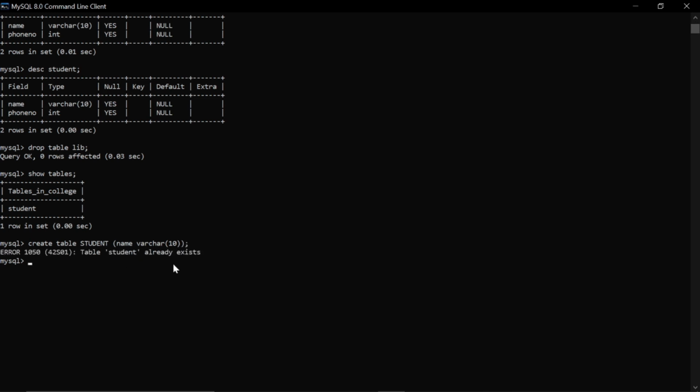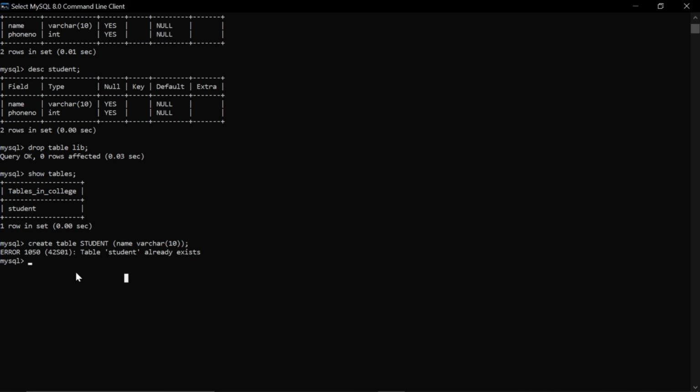Here it is giving us the error that the table student already exists. By this we can say that it doesn't matter in the MySQL server whether the student name is written in capital letters or in small letters. So we can say that SQL is not case sensitive. You can write student in capital letters or in small letters, it will give you the same output. So this is how we get to know that SQL is not case sensitive.